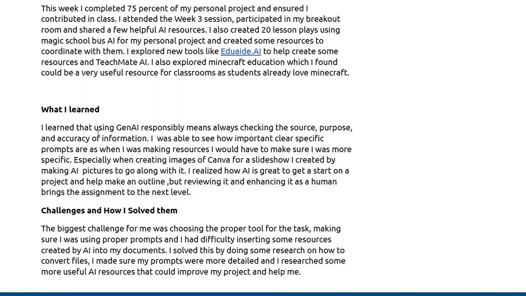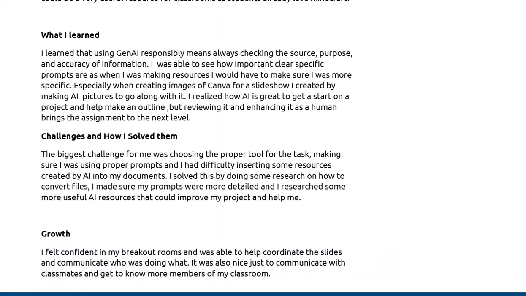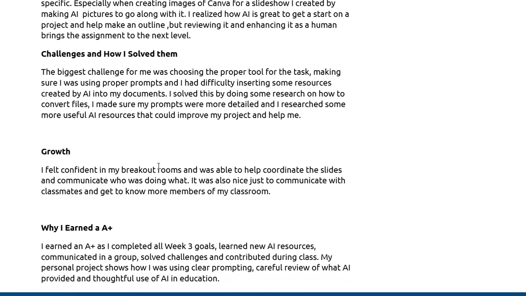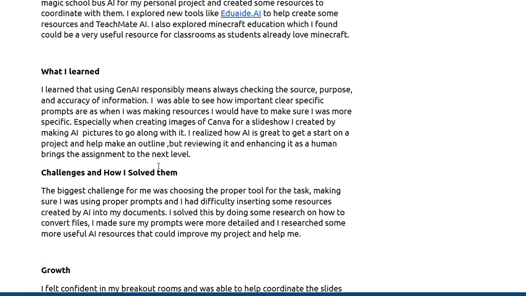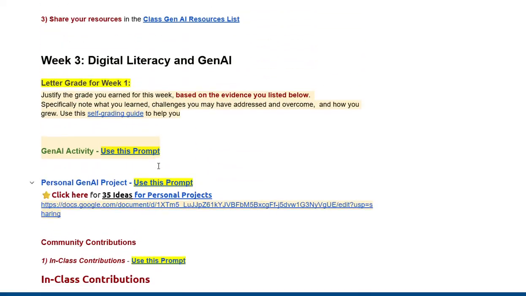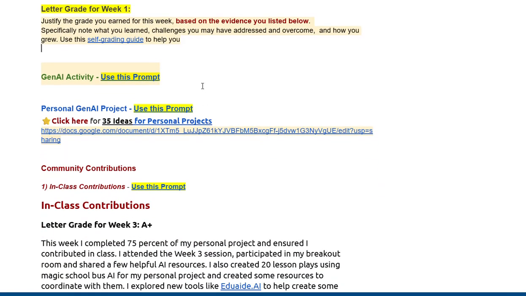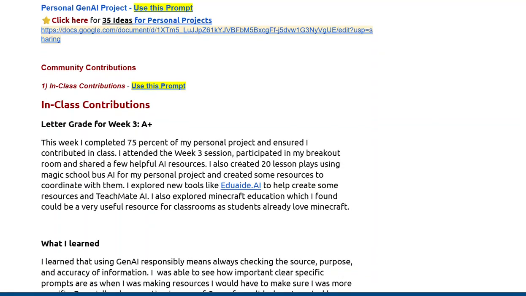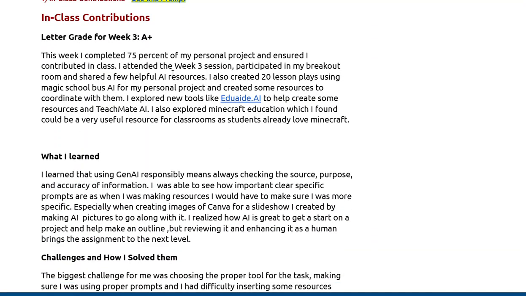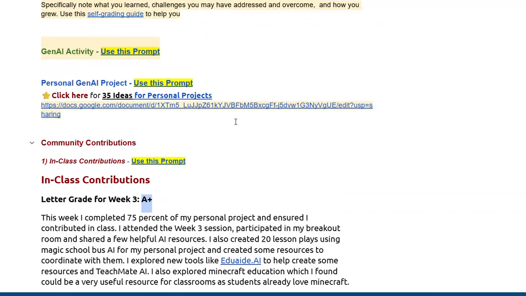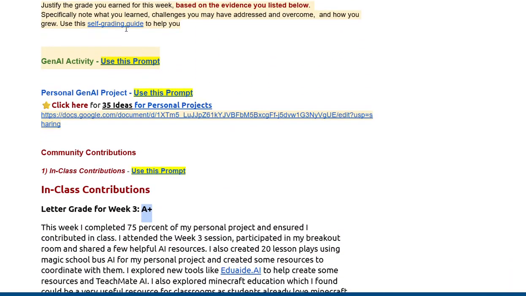Then you're talking about what you learned here, and that would be up here, but this is based on the evidence below. So your rating goes up here, and you have no Gen AI activity, no personal project that is properly linked at this stage. So you're way off in your self-assessment here, and you did start to use a self-grading guide,